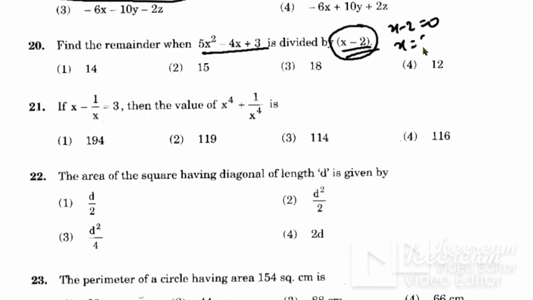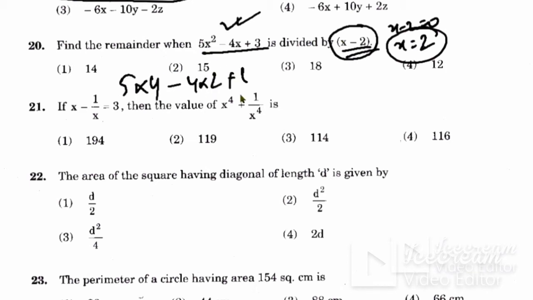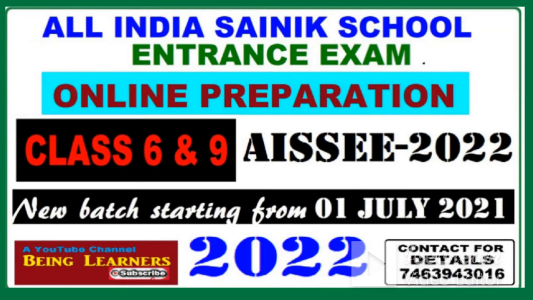What you will get, x is equal to 2. So you have to put 2 in place of x in this expression. So what you will get, 5x square, means 2 square, means 4, minus 4 into 2 plus 3. So what will you get, 5 fours are 20 minus 8 plus 3. So 20 minus 8, it is 12, plus 3, it is 15. So 15 is